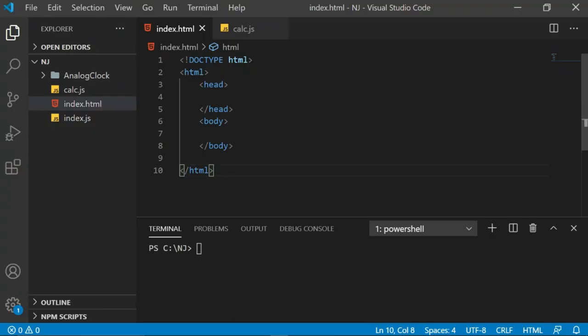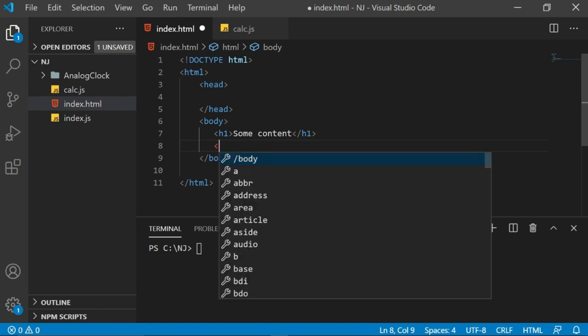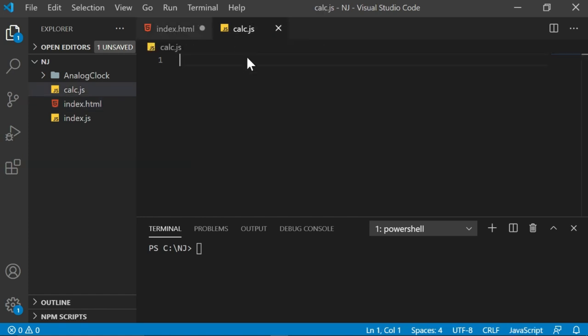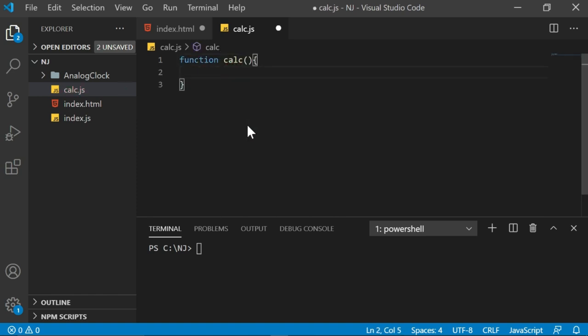Let's say this is your index.html where you want to show some content. I'll say h1, some content of the page. Now let's say we want to include the script, but not in the traditional way; you want to use the import and export statements. Let's say I'm creating one kelsey.js where I have a function called kelsey. Inside this, I just want to display a message that module code executed.